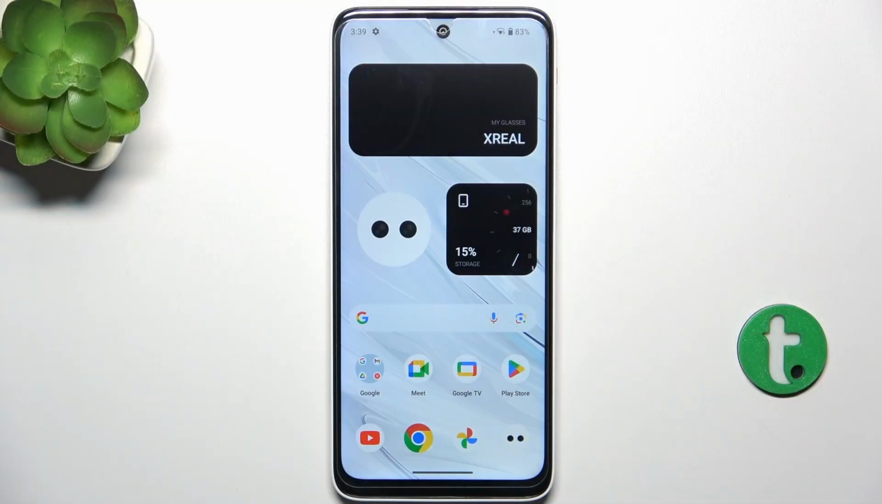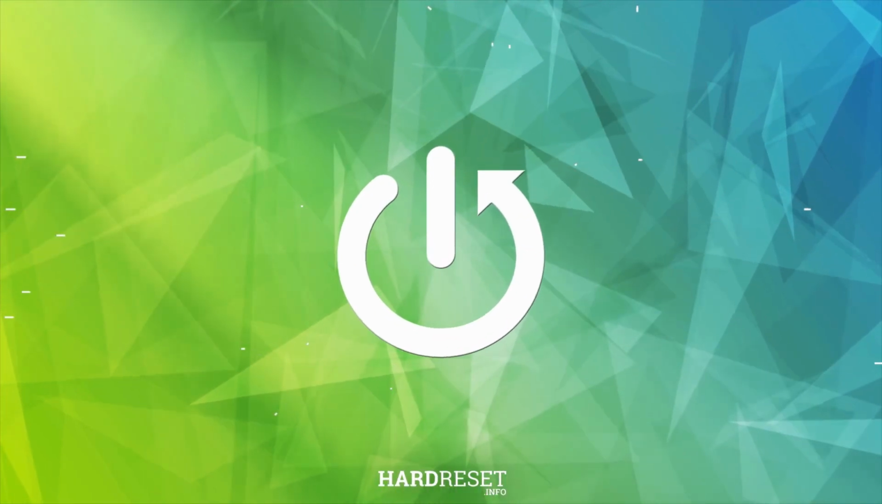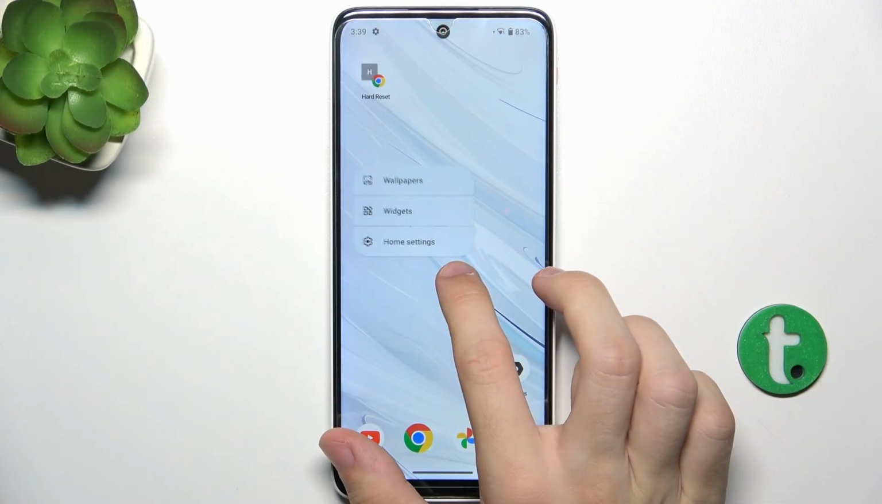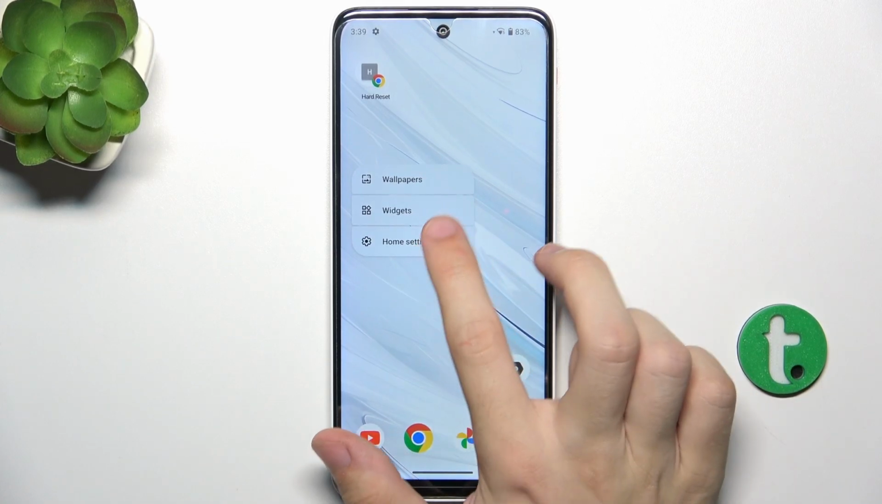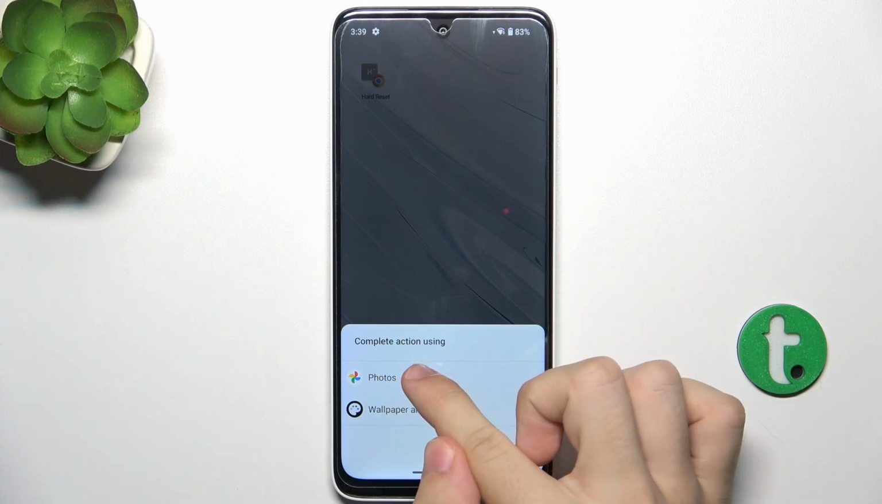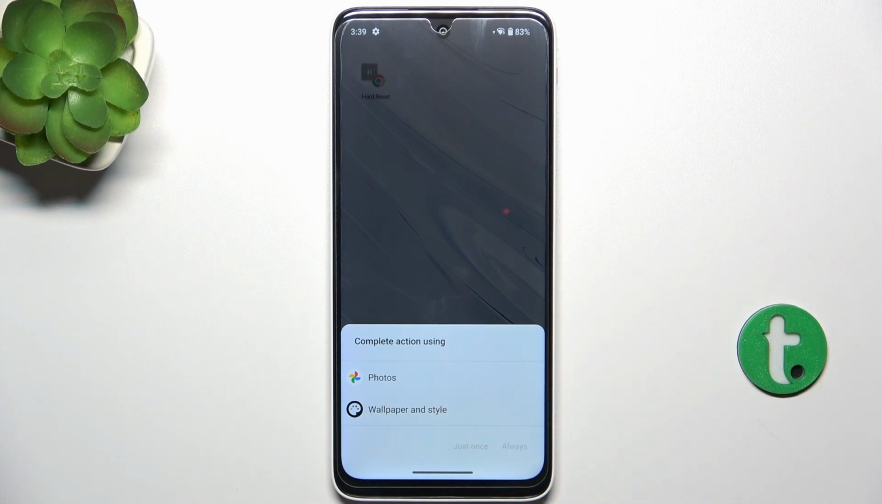Hello, in this video I'm gonna show you how to change the wallpaper on Xreal Beam Pro. To change the wallpaper, press and hold on your home screen, then tap on wallpapers, and now you can either use photos or wallpaper in style. I'm gonna choose wallpaper in style,